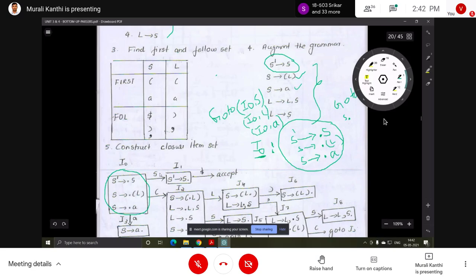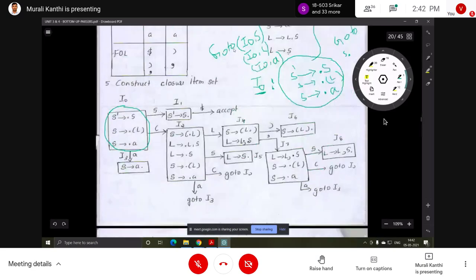Here you can see in the diagram, on I0 we can apply three goto functions, one with S, one with open parenthesis, one with A. For each symbol we will get a new set. After applying goto with S we get a new item set, with open parenthesis also a new item set, and with A we get a new item set. So three different item sets we will get.